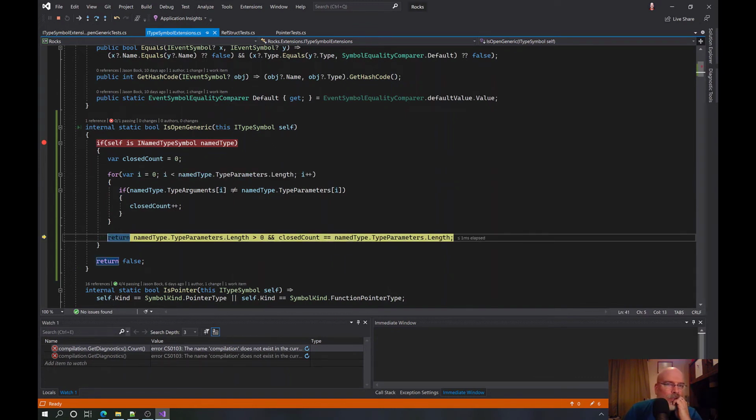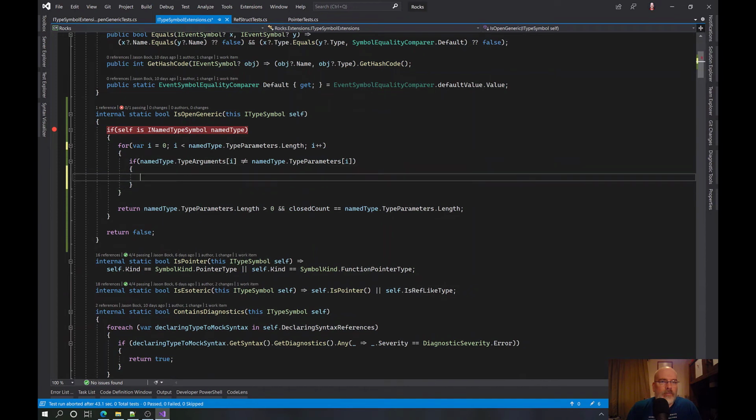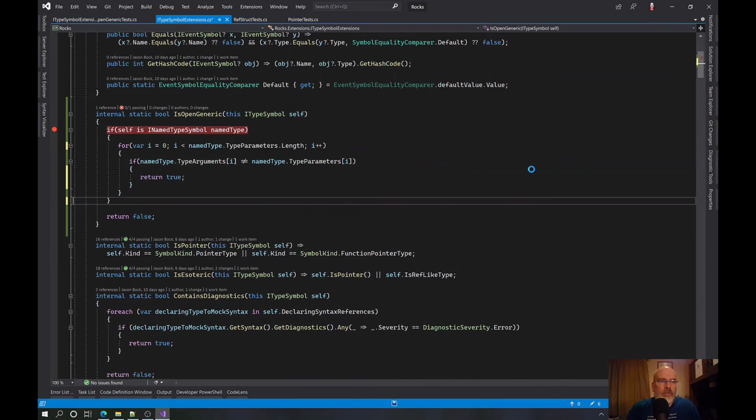Oh, crap. Wait a minute. I think I need to rethink my things. If they're equal, then, oh, I thought of this wrong. I was doing this wrong. If they're equal, then that means T1 is equal to T1. You automatically have an open type and you can just bail. You don't need to do this.